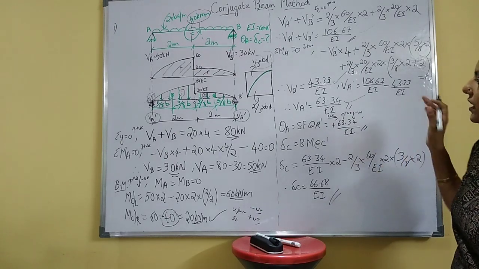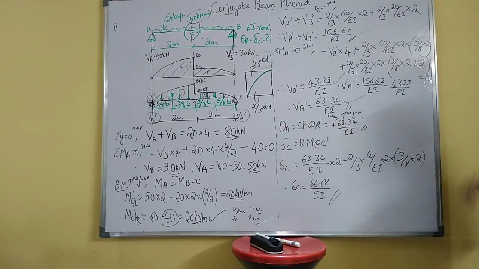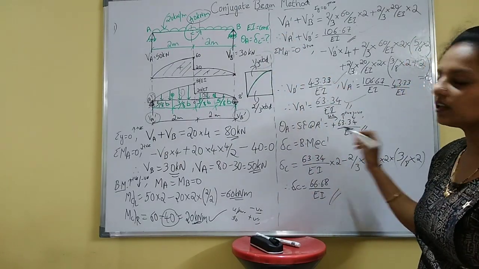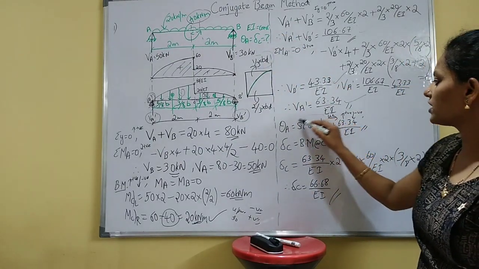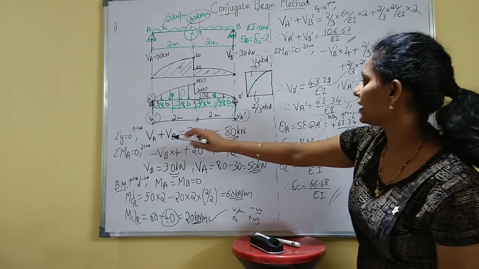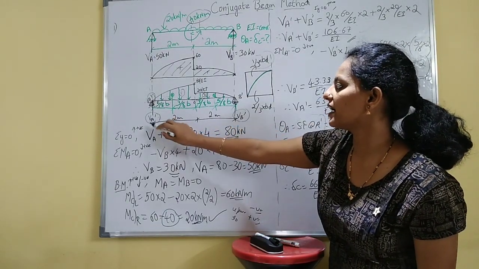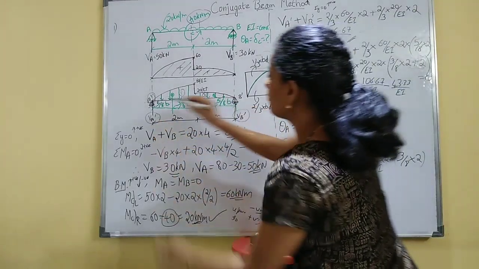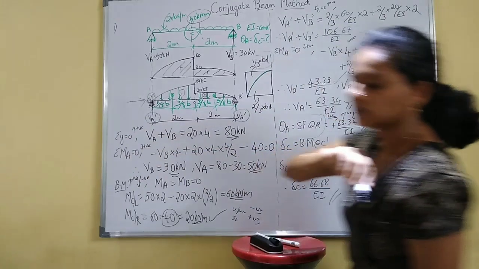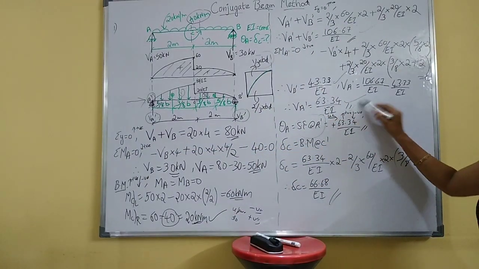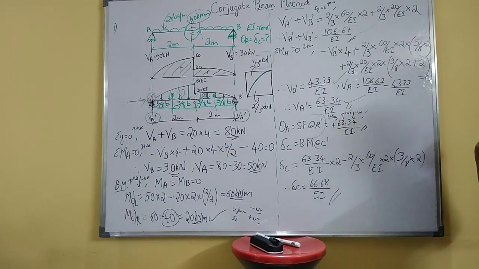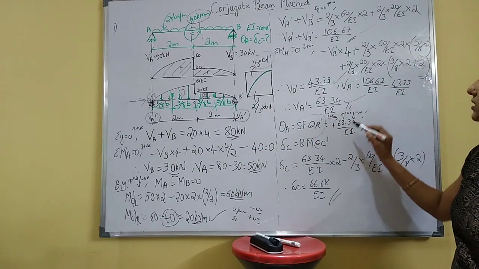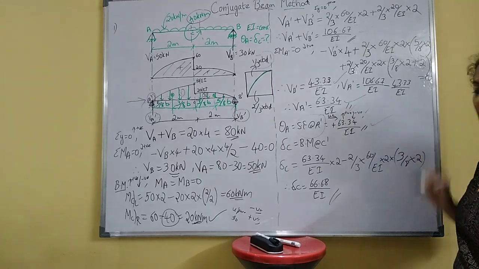Next, once these calculations are done, it is easy to find out deflection and slope. Slope, that is theta A, is nothing but, for slope we have the shear force at A dash. So find out the shear force at A dash, that is nothing but this VA dash. If you are considering from left to right, you have upward as positive, downward as negative sign convention. So it is upward, so plus VA dash is nothing but 63.34 by EI.